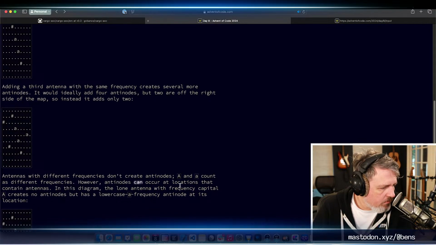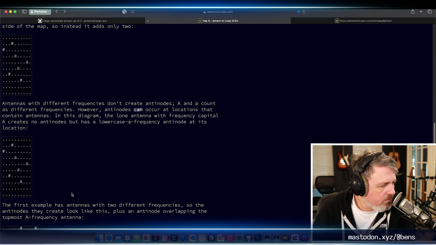Antinodes can occur at locations that contain antennas. In this diagram, the lone antenna with frequency capital A creates no antinodes but has a lowercase a frequency antinode at its location.